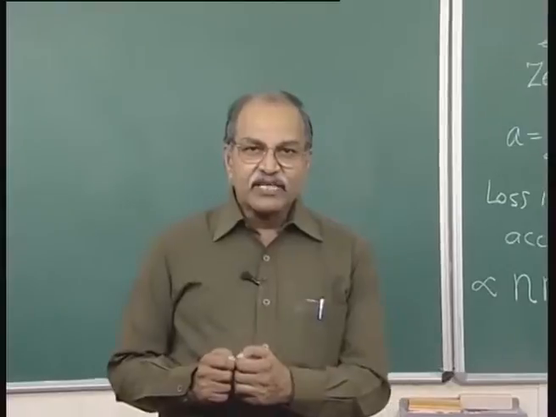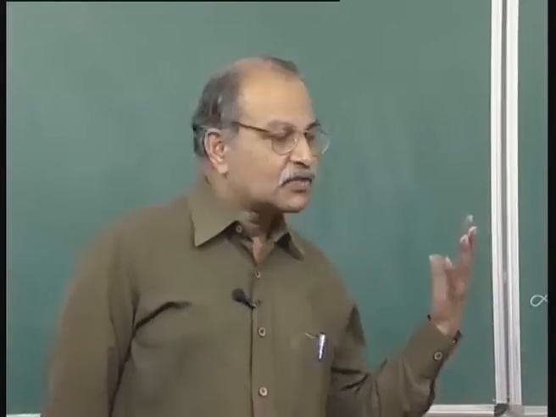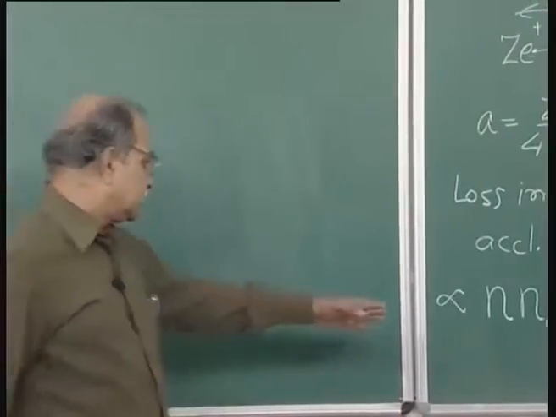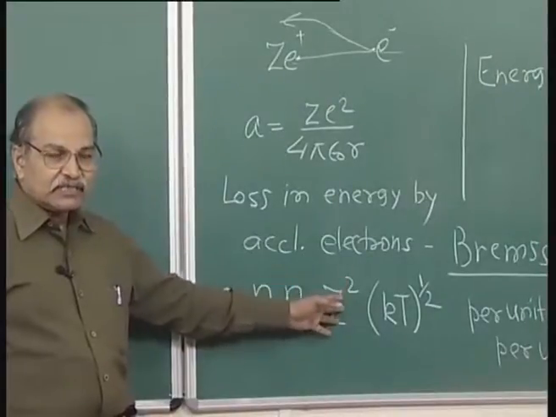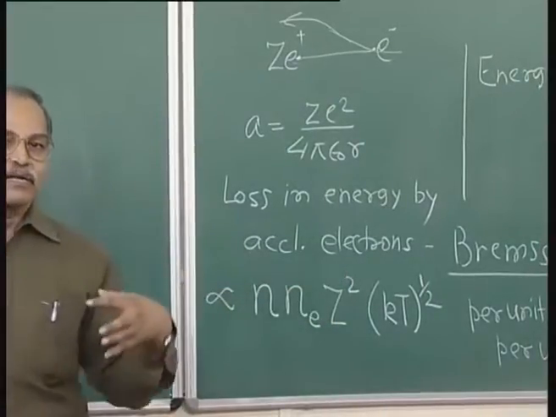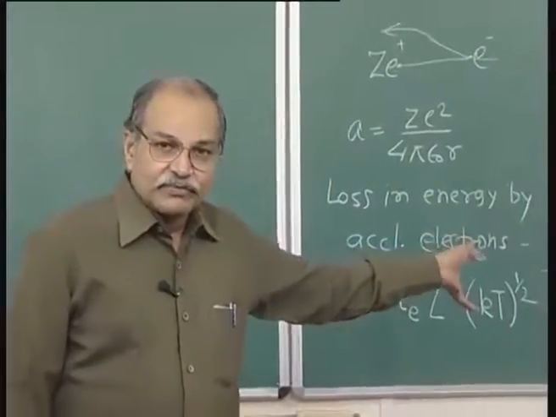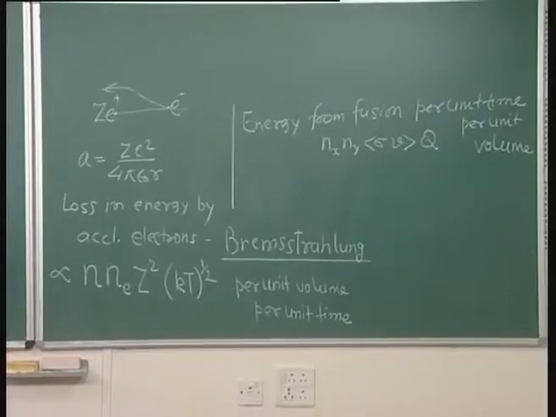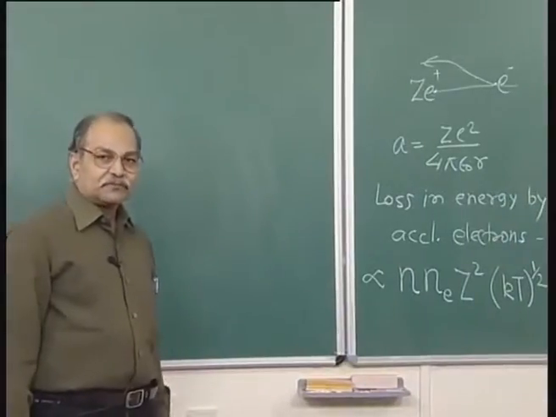The temperature has to be large enough so that the production of energy far exceeds the loss because of this Bremsstrahlung. And Z square is there. So, for dd and dt, Z1, Z2 both are 1, but if you go for heavier element fusion, then this loss is also going to be very high. So, another justification why one should go for the low Z materials. Coulomb barrier is low, this loss is low, and so on.